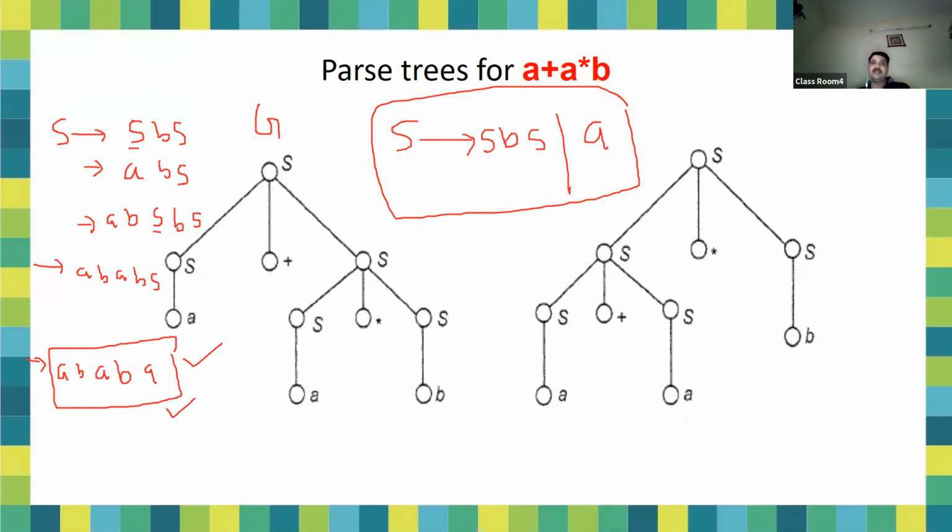Did you understand? So there are two types of problems related to ambiguity. First, only the grammar is given to you, and you are asked to prove that the particular grammar is ambiguous. Another way is that a grammar is given to you and a string is given to you, so you have to find out the ambiguity of the grammar as per the given string. So I have completed both types of problems.